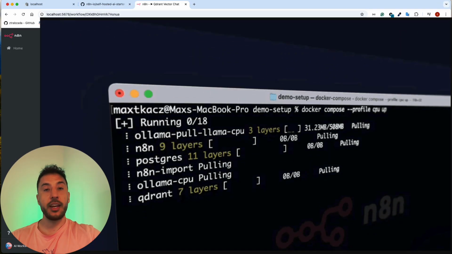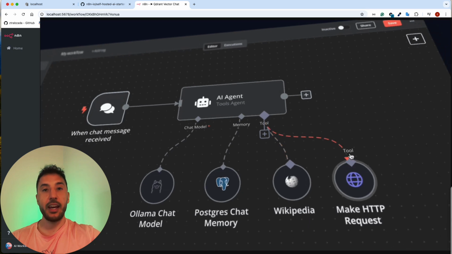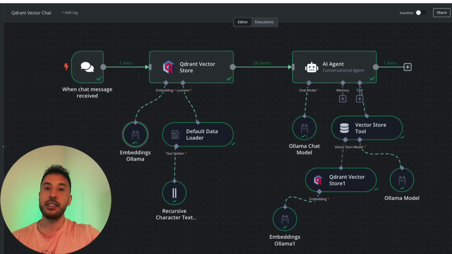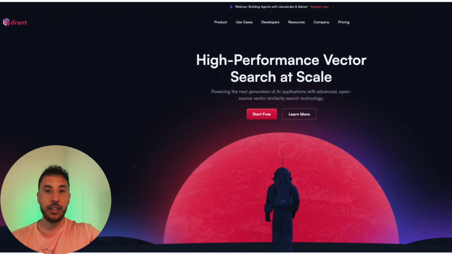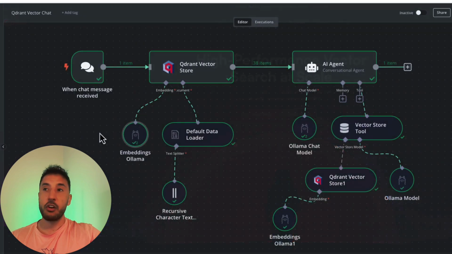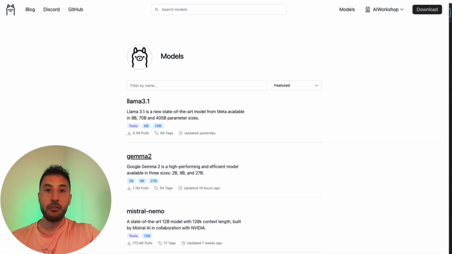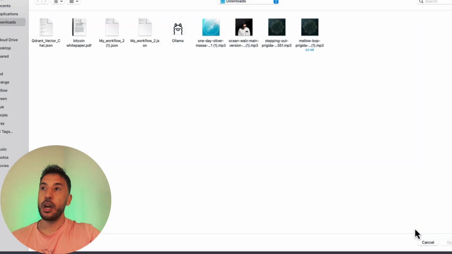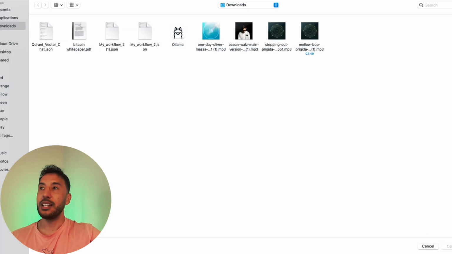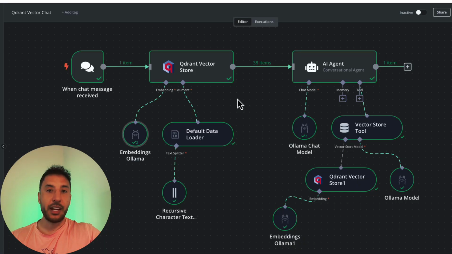If you wanted to run AI locally and build amazing AI agents all from your machine, this tutorial is going to be for you. We're going to build this amazing AI agent that's going to utilize all open source AI tools, including the Quadrant Vector Store. That's an open source vector database. We're going to use several large language models with the Ollama platform, and we'll be able to interact with this AI agent using our chat model. We'll be able to upload our own documents and immediately interact with it using the vector database.